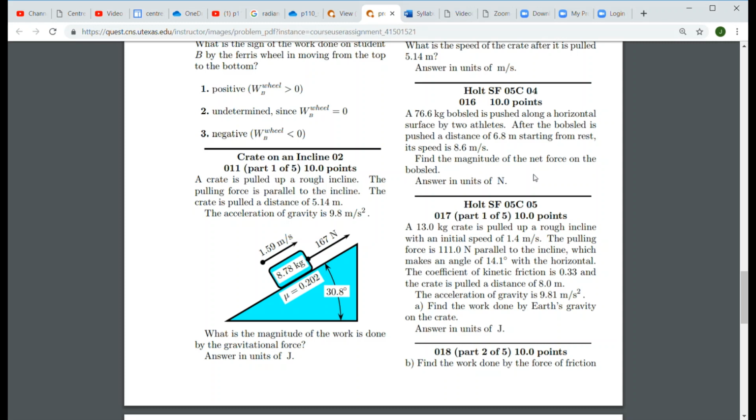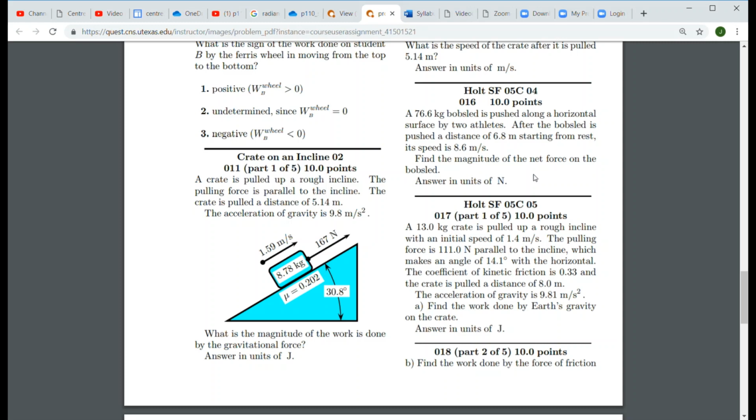So in this case, we could use kinematics again because we could figure out its acceleration. But in this case, let's try to use energy methods. And again, this seems like a nice one to use. I know I'm sticking to the work kinetic energy theorem, but it's actually easier to talk about without writing things down. So in this case, if we treat the bobsled as our particle system and apply the work kinetic energy theorem,